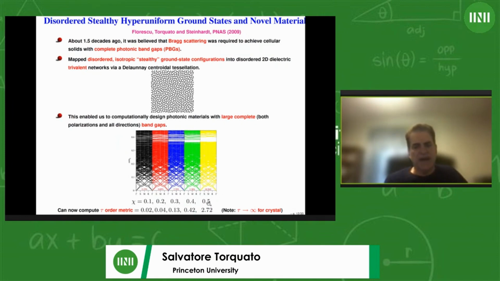And then at 0.5, it's the largest that it will be, but it's definitely there. And in addition, with that tau order metric, you can see how the tau order metric increases as you increase chi, okay? Which means that this is really what you need to be able to achieve these fairly substantial band gap sizes,